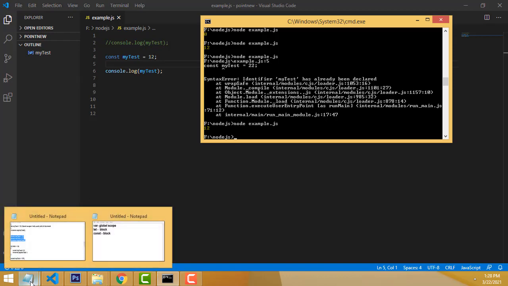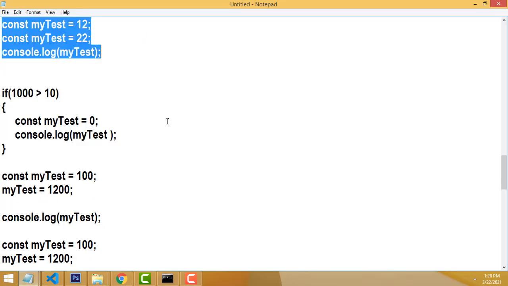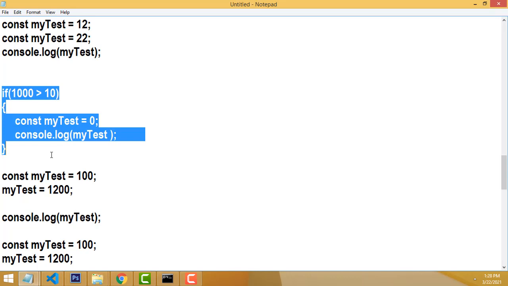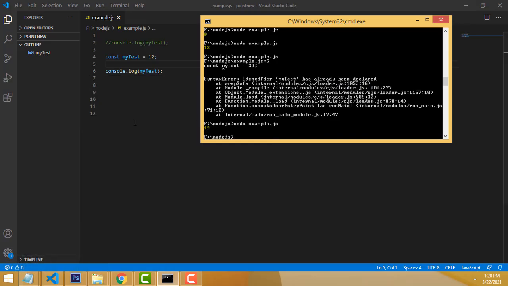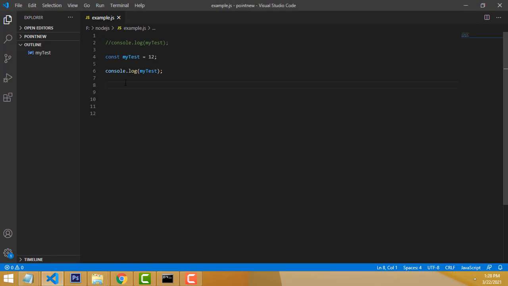Now the second example I am going to do is how the constant works. Now what will be the output? 1000 greater than 10, the condition is true. I create my test here as 0, and it will be printed. Within the scope only, it works the same way as let.